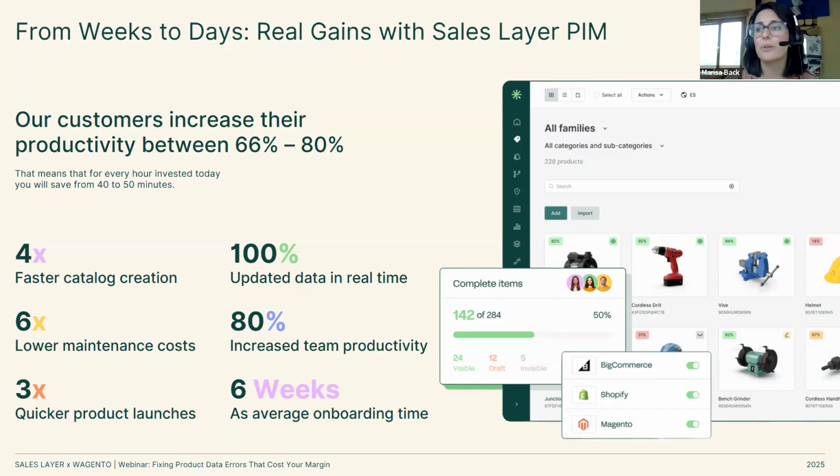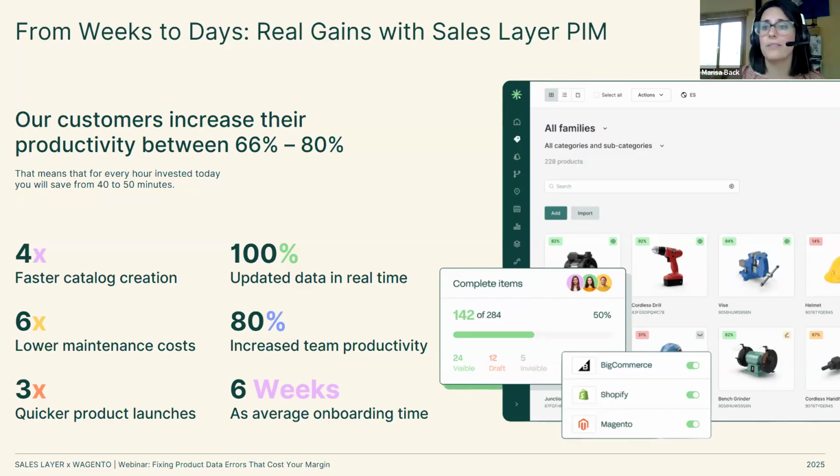If you have all your product information in one place, then you're going to have faster catalog creation as well. So we've got Adobe InDesign plugins and easy catalog plugins, because as I mentioned, print catalog and digital catalogs, that's essential for a lot of our B2B businesses. And so we can help you create catalogs faster. One example with one of the clients we were working with, it took them 2 months to create one catalog, and we got that down to 2 weeks, right? So catalog creation is an area we can excel.